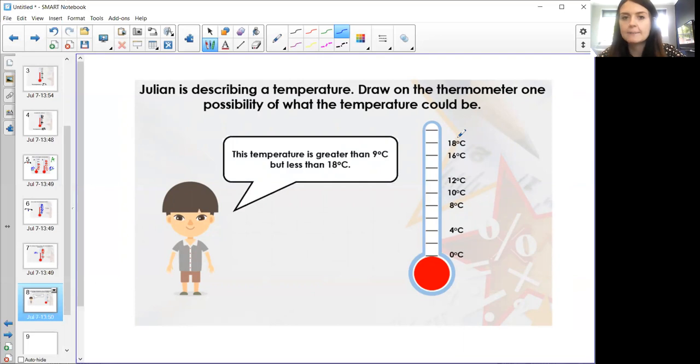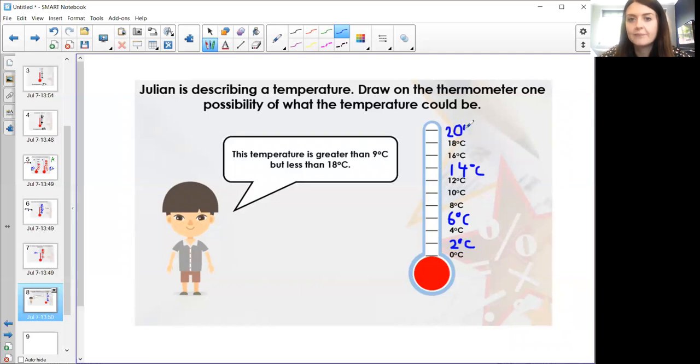I recognise this pattern. We've just used it. It's lots of even numbers with a few missing. So I'm going to try my 2s. 0, 2, 4, 6, 8, 10, 12, 14, 16, 18,